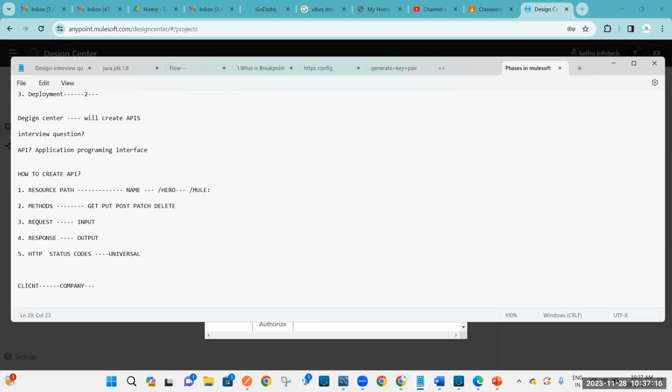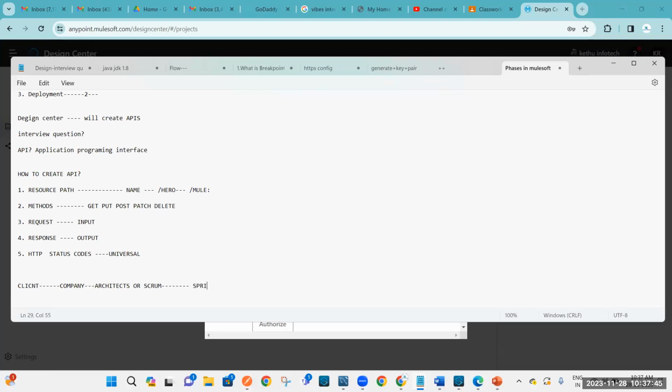Again, in our company, we will have some architects or scrum masters. These guys will talk with the client and get the requirement. Once they get the requirement, architects or scrum masters will divide that entire project